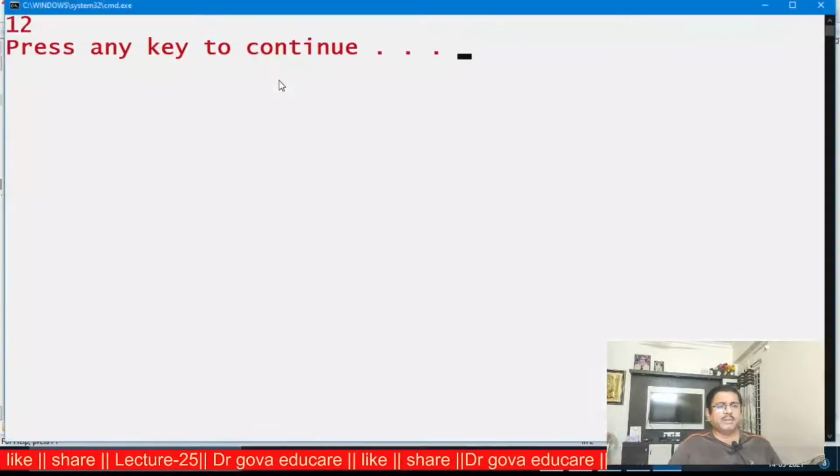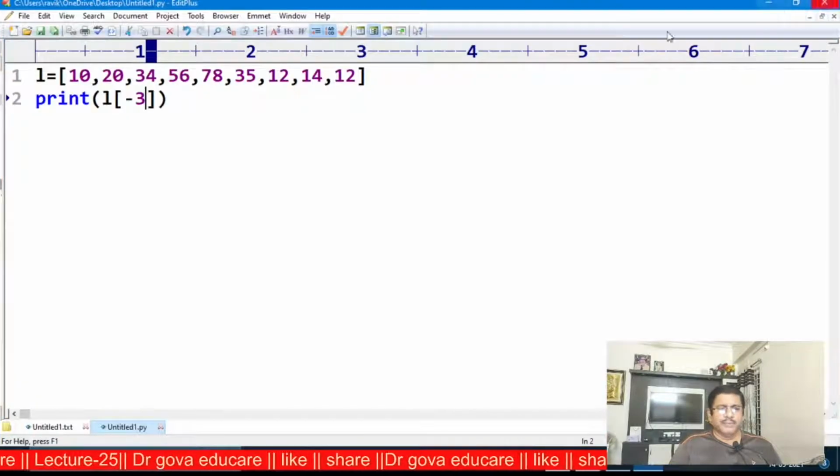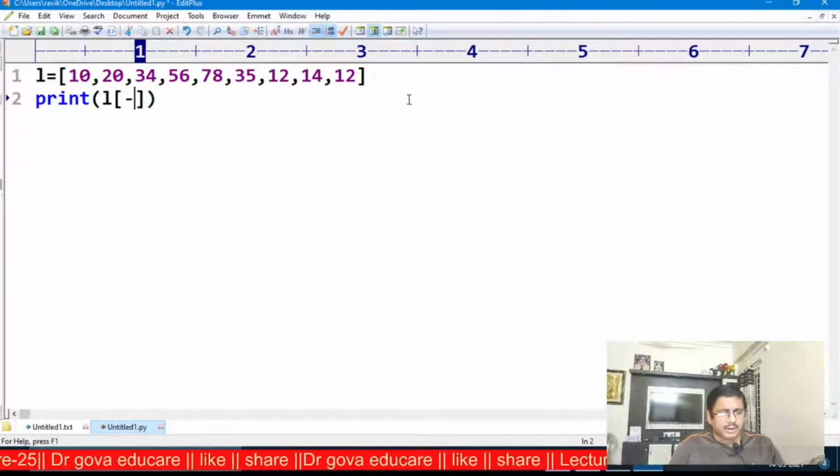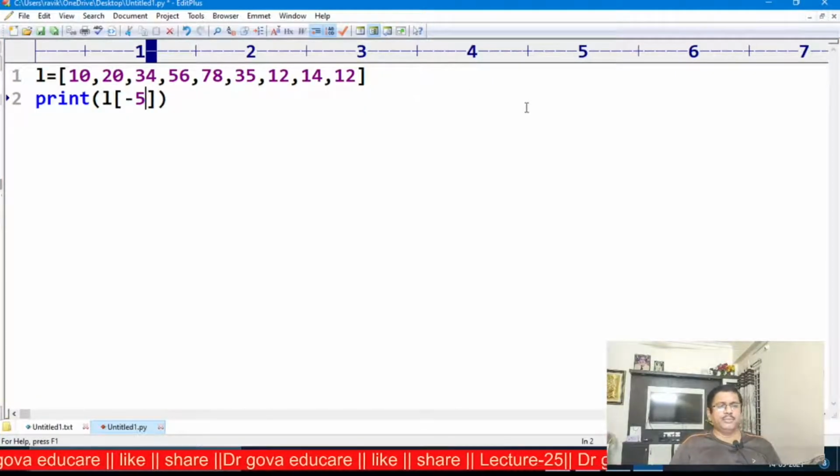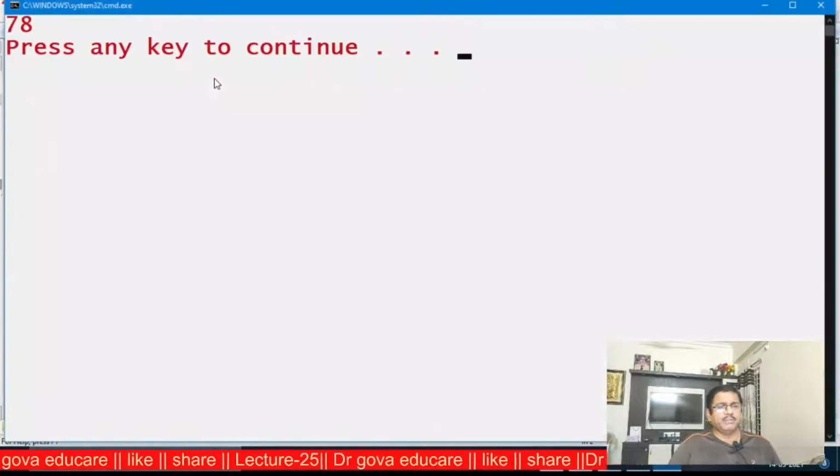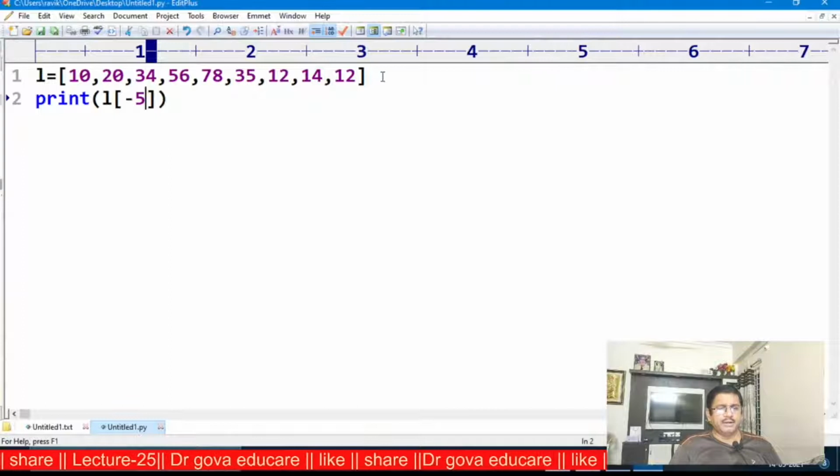Again 12 will be displayed on the screen. Of course, L of minus 5: minus 1, minus 2, minus 3, minus 4, minus 5. 78 will be displayed on the screen.